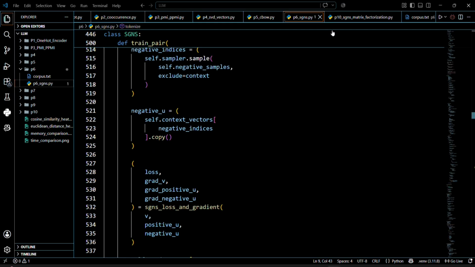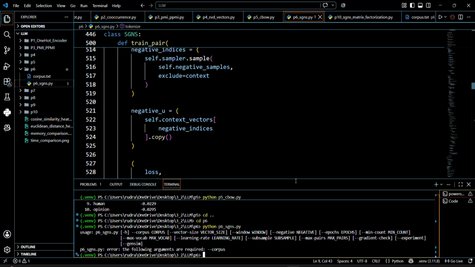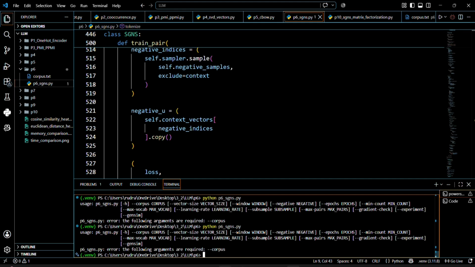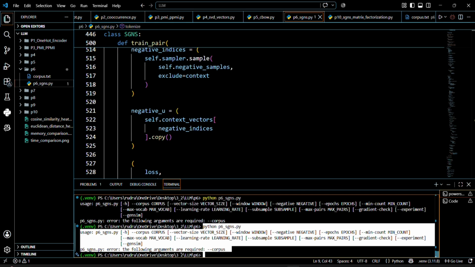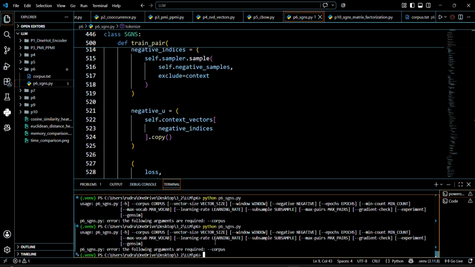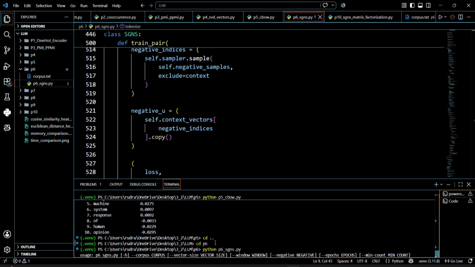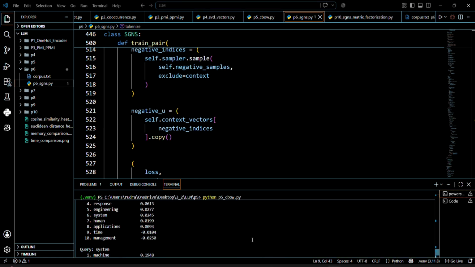I evaluate the learned word vectors using cosine similarity and print the nearest neighbors for selected query words. Finally, I train a Gensim word2vec model using the same corpus and hyperparameters and compare both training time and nearest neighbor agreement. Therefore, I implemented